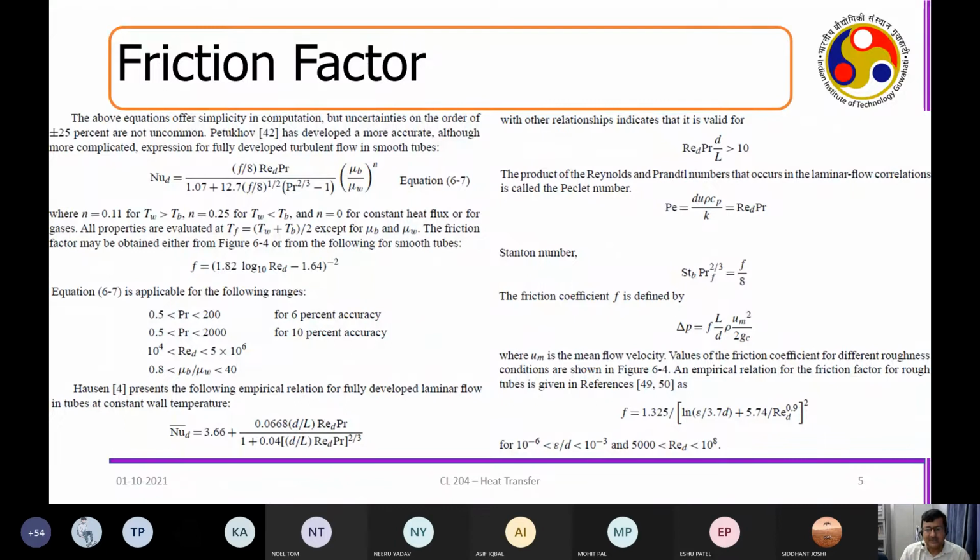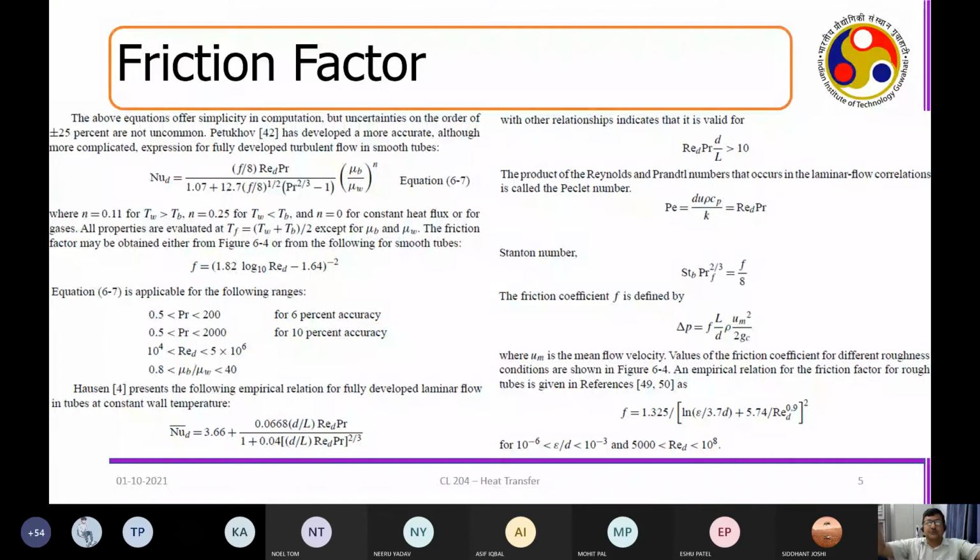You need not worry. Always remember that this sort of correlation will be available for your problems. Just choose the right geometry and come up with the number. If you know the Reynolds number, Prandtl number and Nusselt number, then you are able to calculate the friction factor. In one asymptote it will be for laminar flow, in another for different regimes. You will find different types of correlations like this. That's the summary.